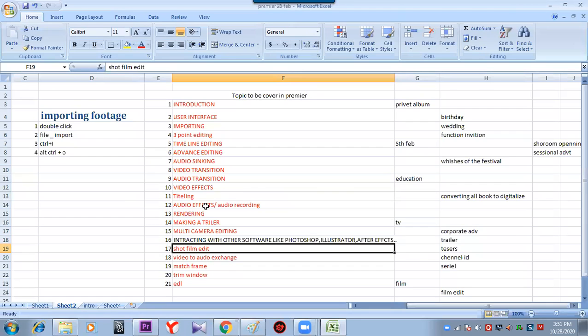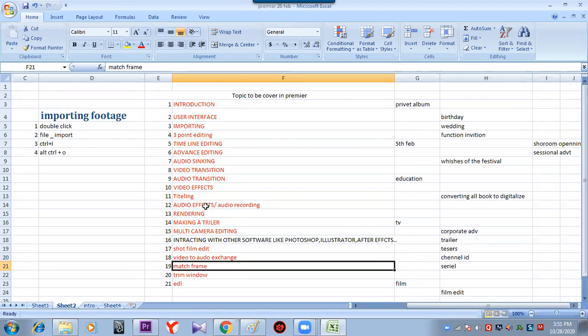Then yes, we got to know how we have to work. Then video to audio exchange. So if a Telugu movie is there, and a Hindi song has to be used, that is audio exchange. Then frame matching is a technical term. We'll be seeing practically how it works. Frame match means you have taken a video from somewhere and you want to see where that input is inside the original. That is called frame matching. I'll show you that in a practical manner.